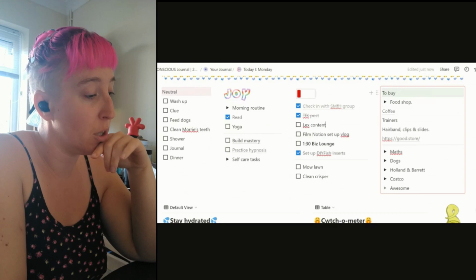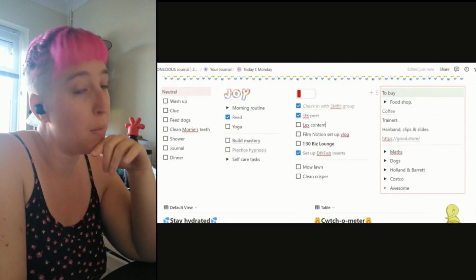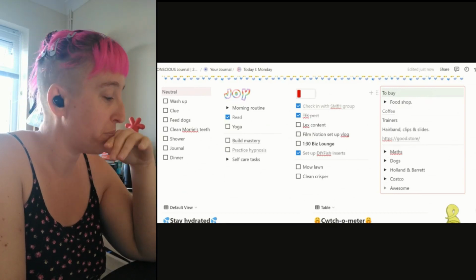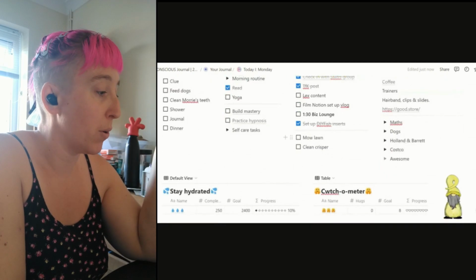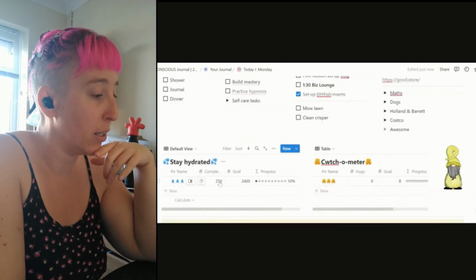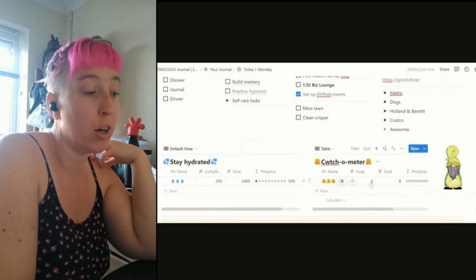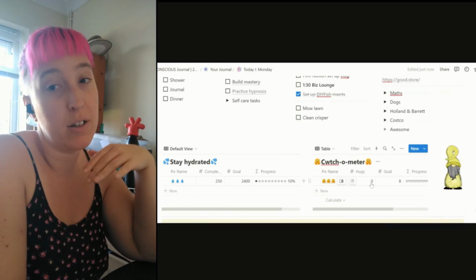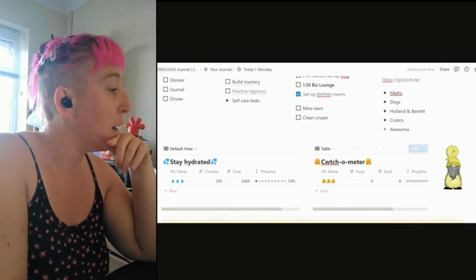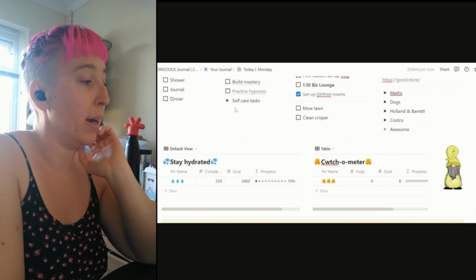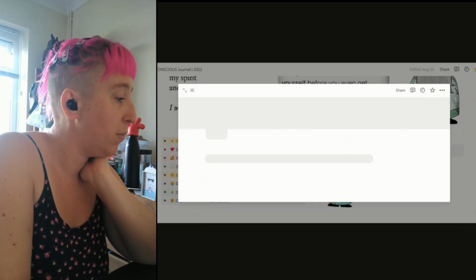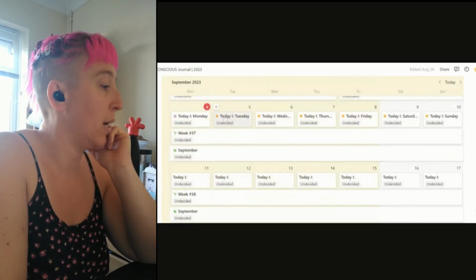And then the rest of this is just notes. These are other shopping lists for other stores. And then I also have my hydration tracker and a hug tracker, because hugs are good for you. Right, I'm going to pop back to the main view now. So if I open Tuesday now,